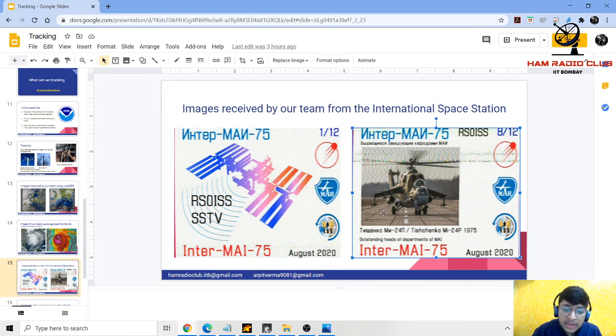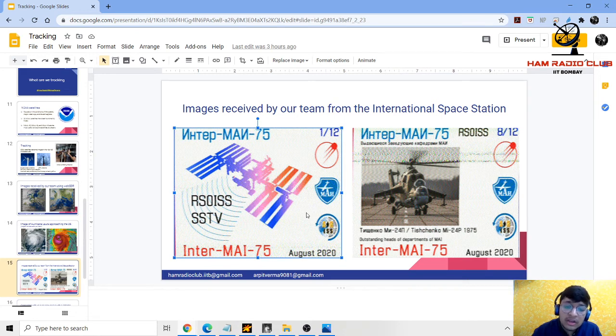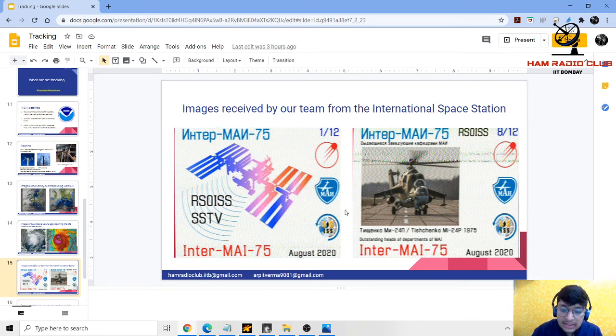So the decoding which we use today is APT. Again, this is a bit more into detail, so you can ping us later, because we will not be able to explain in much detail right now. MMSSTV is used to track signals which are in the SSTV protocol, and for NOAA satellites an APT protocol is used. So we use that to track NOAA satellites, and that is why we use WX2IMG, specially for NOAA satellites.